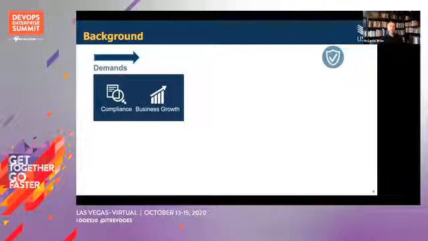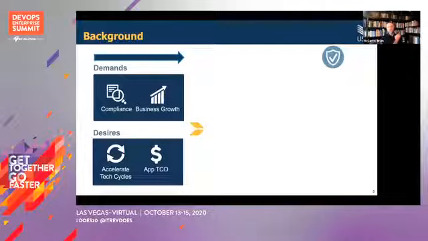At the same time, we actually have some additional new desires, right? We really want to attempt to accelerate our technology cycle to be even faster, our ability to develop and adopt new technologies as the business needs, as well as to pay down technical debt that may exist in some places. Then another strong desire is that our business partners have become much more engaged